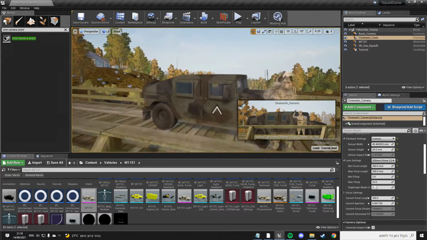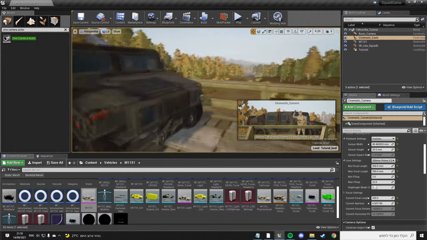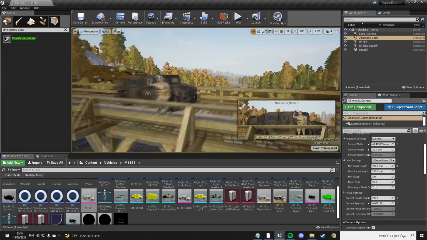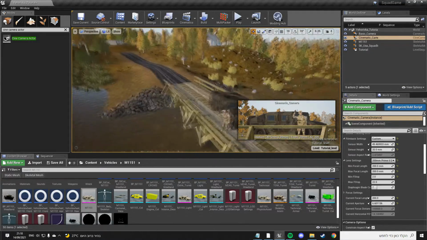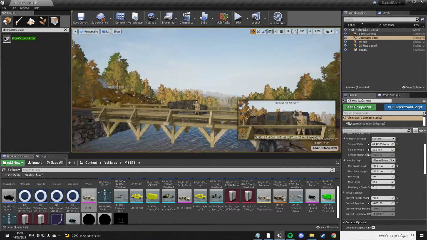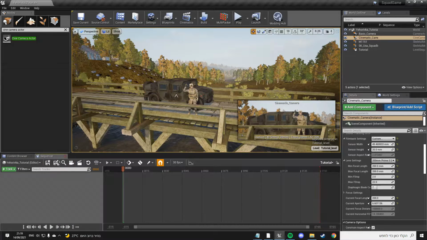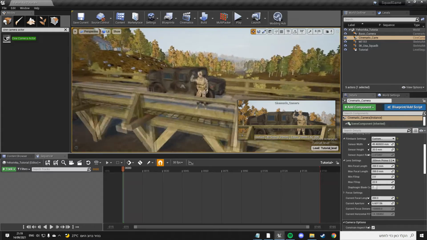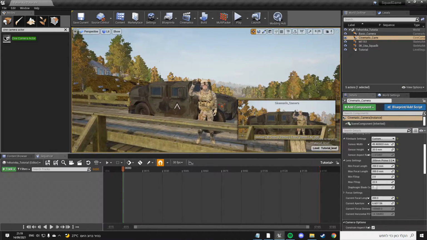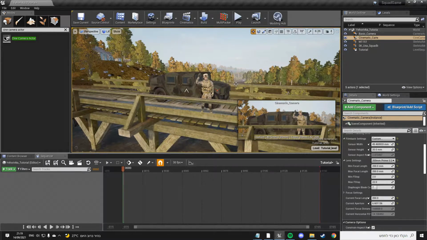For this, you'll need to listen closely and follow my steps very gently, I would say. So I want to render my picture. For that, I'll need to go to the sequencer, the sequence level we made at the beginning of the tutorial. We're going to need to open that, and then when we have a certain camera that we're going to use in order to edit that picture,